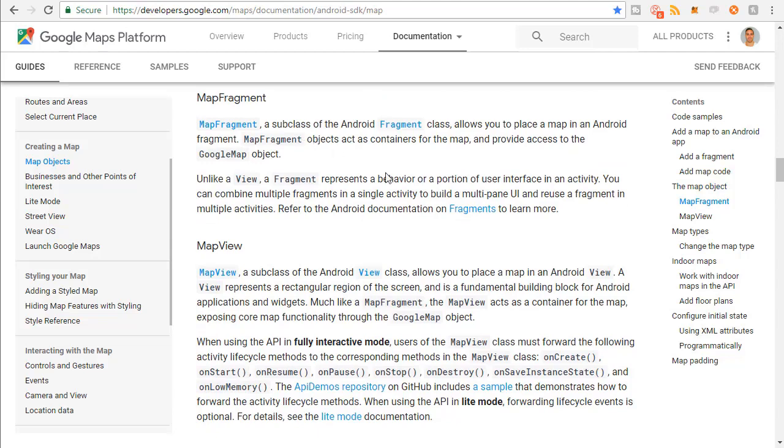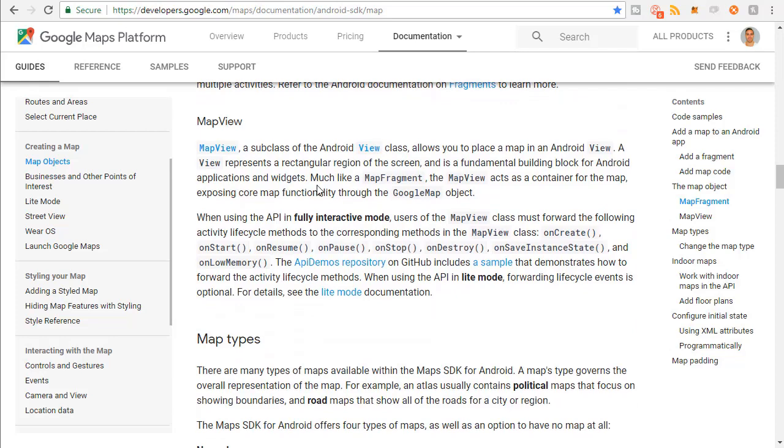A map fragment is a subclass of the Android fragment class. So the takeaway here is that it is a fragment. It's not a view. Whereas the map view is a subclass of the Android view class. That's going to allow us to put the map in an Android view. So this is going to be ideal for what we want to do, because if you take a look at